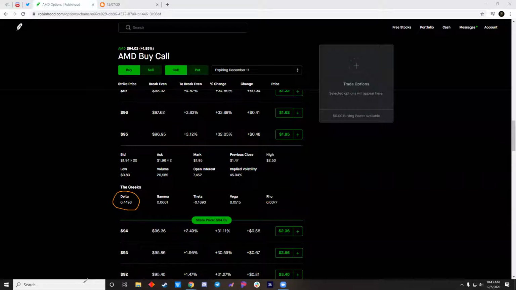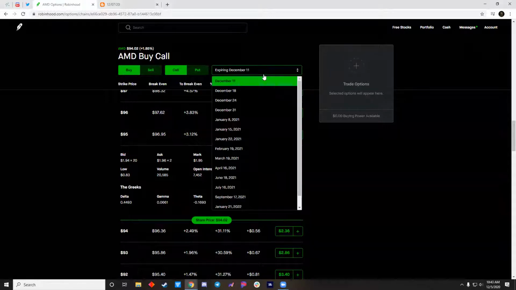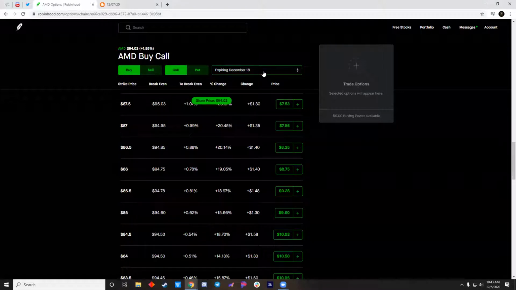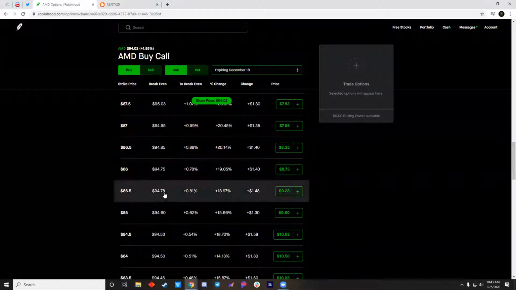So keep that in mind. These are high risk. They move very fast up and move very fast down due to that delta being really high. Okay. So you want to find a kind of happy medium with that, something that you guys can tolerate a little bit. That's why I choose about 2 weeks out generally for the option contracts